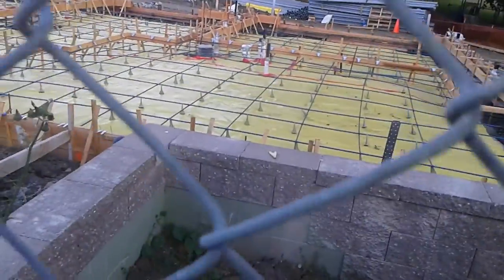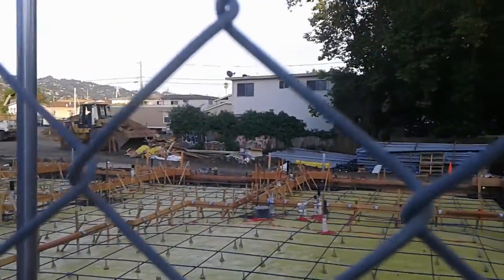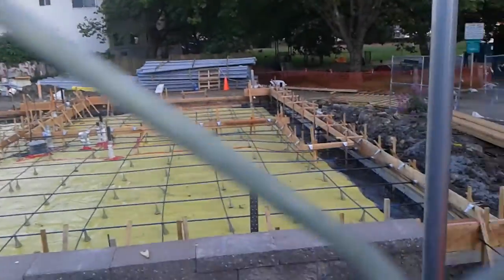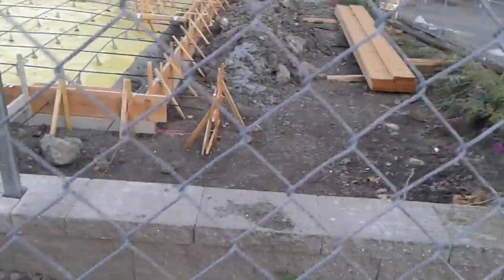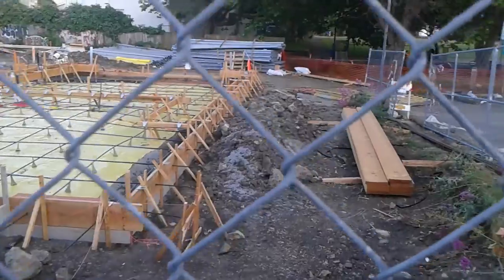So this maze like wall is still here. A lot of things are still here. You know, let's see, kind of like this fence. They have power to this place. I don't know, but